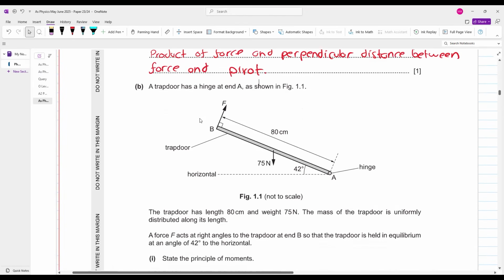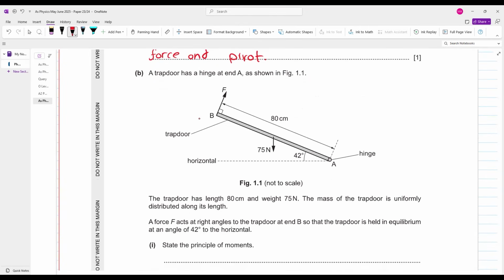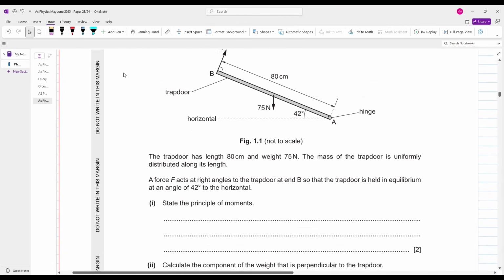A trapdoor has a hinge at end A, as shown in figure 1.1. The trapdoor has a length of 80 centimeter and a weight of 75 Newton. The mass of the trapdoor is uniformly distributed along its length. A force F acts at right angles to the trapdoor at end B so that the trapdoor is held